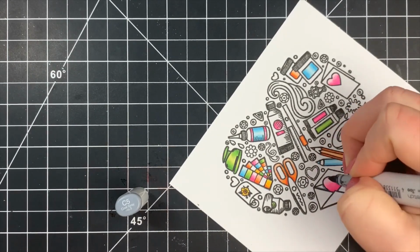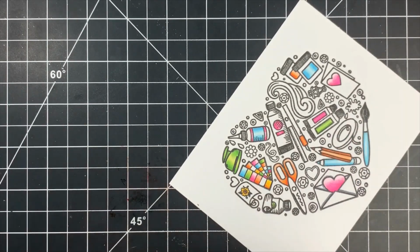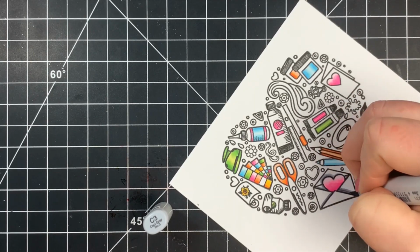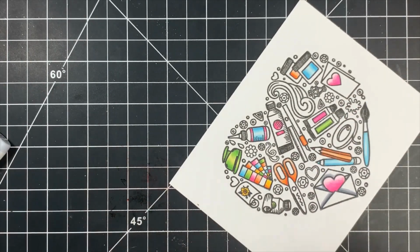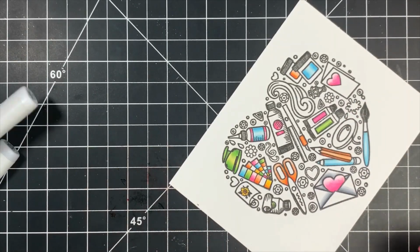So for the white areas, my darkest color is going to be the C5, and then I'll blend that out with the C3 and C1, and then I'll quickly go over where the C1 meets the white space of the paper with a colorless blender, just so it looks more like a seamless blend and there's not that harsh line